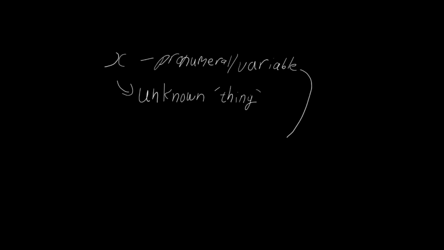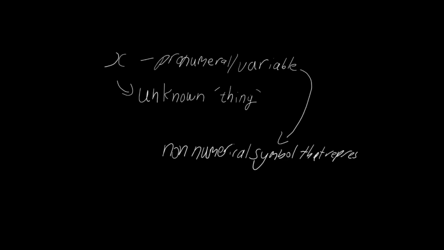So a pronumeral or a variable is basically a non-numerical symbol that represents something unknown. Something unknown. As you go deeper in math, you're gonna start seeing other letters and other symbols, not just X,